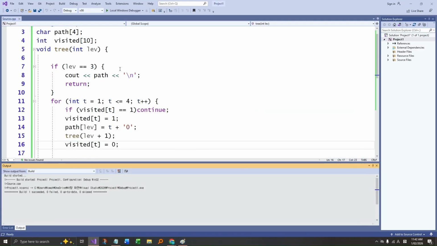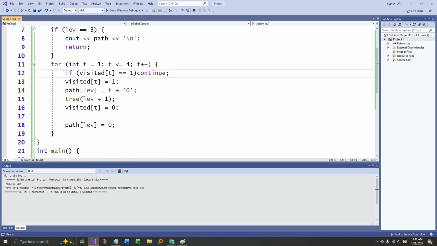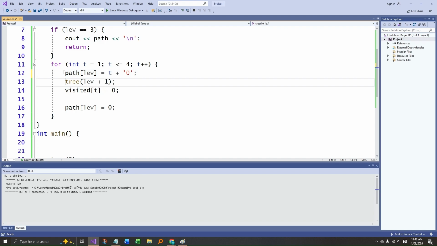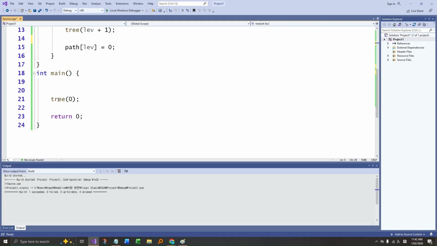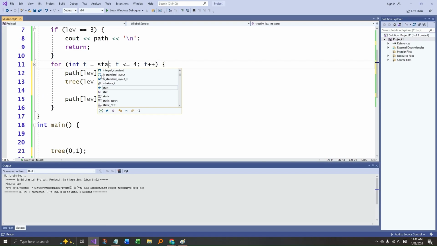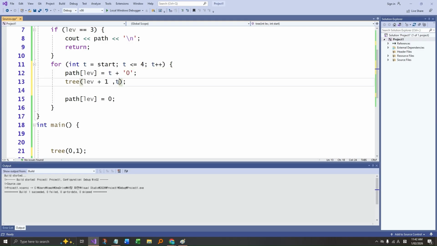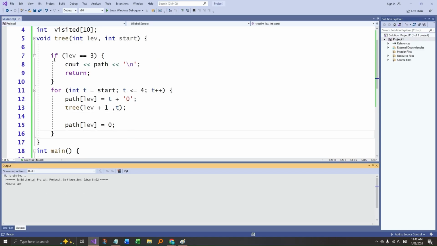But like I said before, the combination is a little bit different. I'm going to show you the combination without using the visited array in this case. We need the start parameter, and we start from 1. We need to fix this part. We need to throw in t in this case. So if I execute this file,